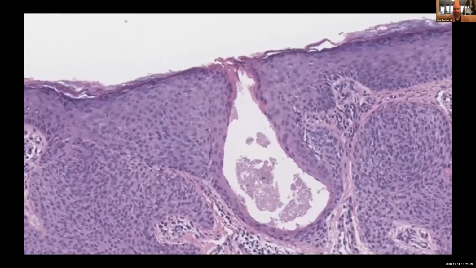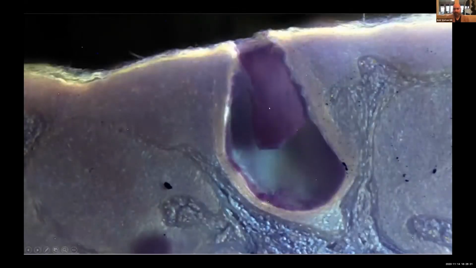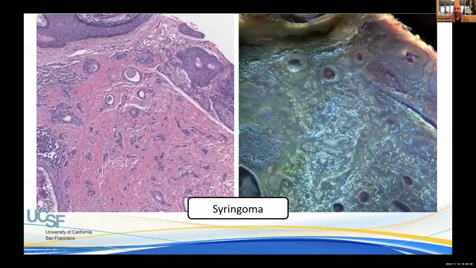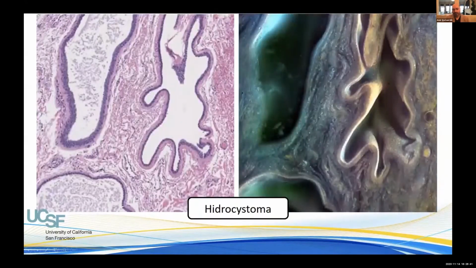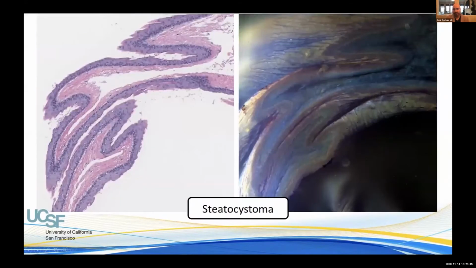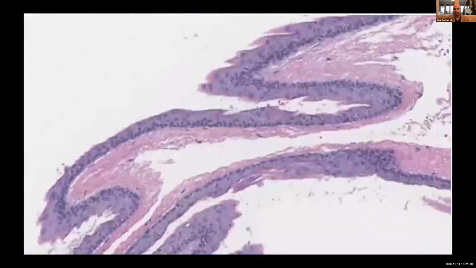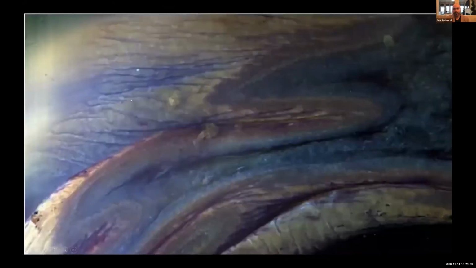for example, this is the cyst, and this is the Muse microscopy. You see the secretion inside and the cyst as a 3D structure, which is amazing. Or in syringoma, the same. So in some other cystic lesions like hidrocystoma or steatocystoma, you should see this sawtooth pattern. But sometimes you miss it because it's cut in many areas. Like here, you don't see the sawtooth very nicely. But here at the right side with the Muse microscopy, you see the wall and you see the